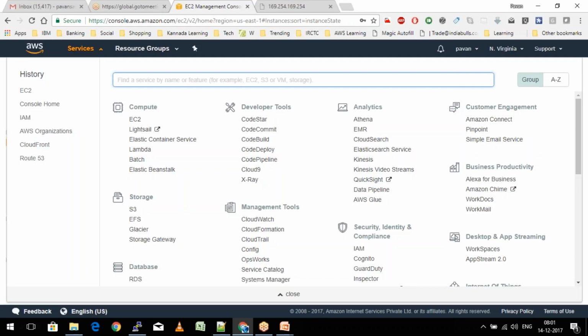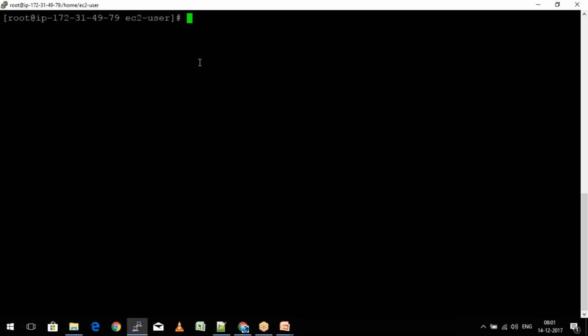Okay, now if I want to establish a connection with the S3, since it is an AWS service, I just have to type aws s3 ls. ls is basically a Linux command which helps us to list out all the files and the directories inside this specific path where we are, right? So I'm currently in the ec2-user. So if I just say ls,